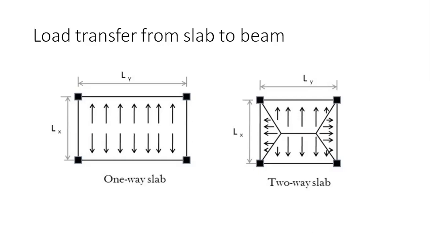Right? Now we know the types of slab as per their functions. So it is divided into two parts, one-way slab and two-way slab. If the longer span by shorter span is greater than 2, then those are one-way slabs, and if longer span to shorter span is less than or equal to 2, then those are two-way slabs. Load transfer mechanism for one-way slab, we can say, is a rectangular pattern, and load transfer mechanism for two-way slab, we can say, is a trapezoidal pattern.